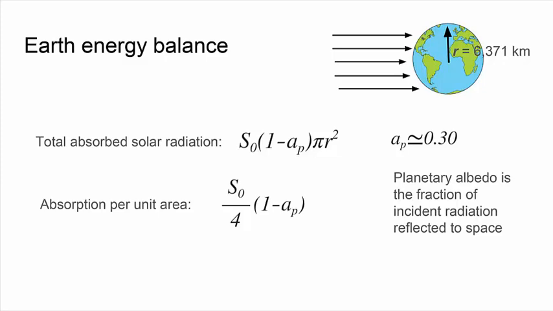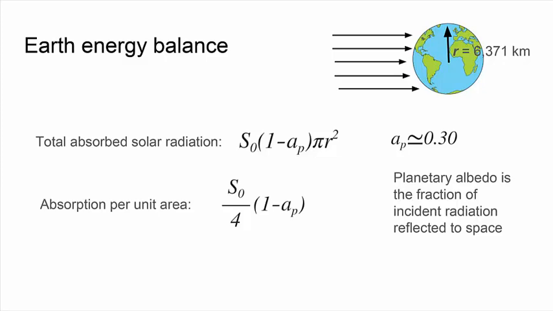But you also have to take into account the albedo. So the albedo is the fraction of incident or incoming solar radiation that is reflected back to space. And this can be from clouds, can be from ice. The average value is around 0.3, so 0.3 of the incoming solar radiation is reflected, so it never touches the Earth's surface. So you have to take this into account: you do 1 minus the albedo, which gives you 0.7. So this gives you the total absorbed solar radiation.